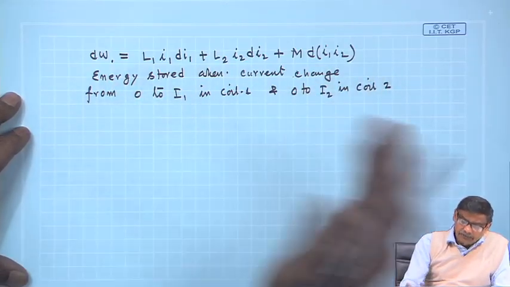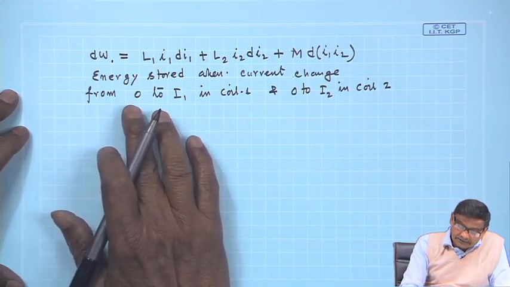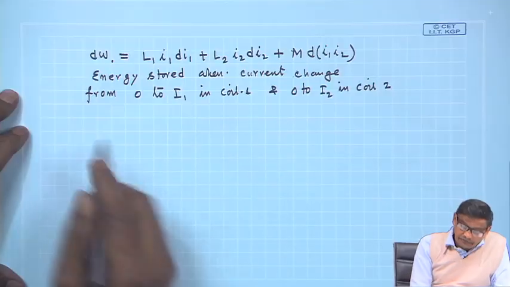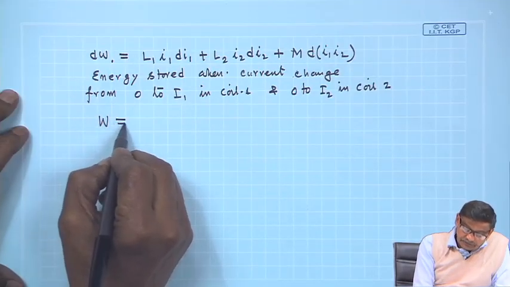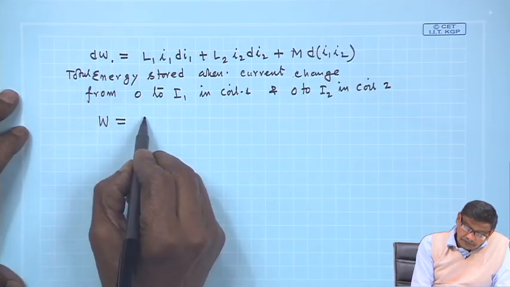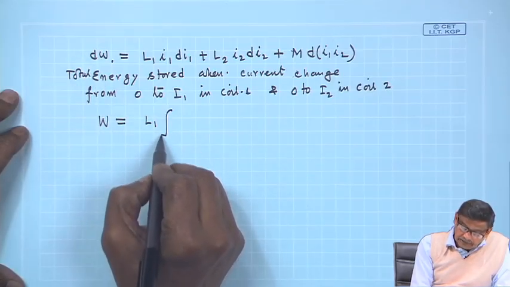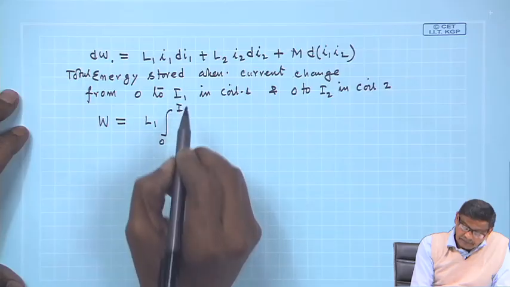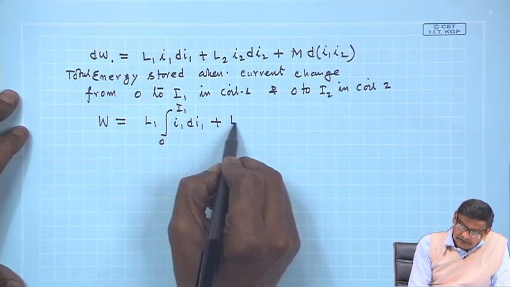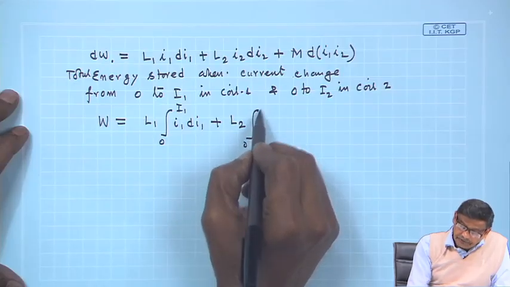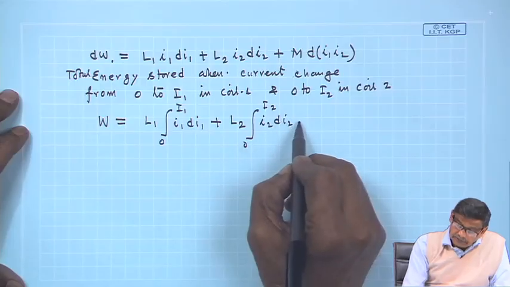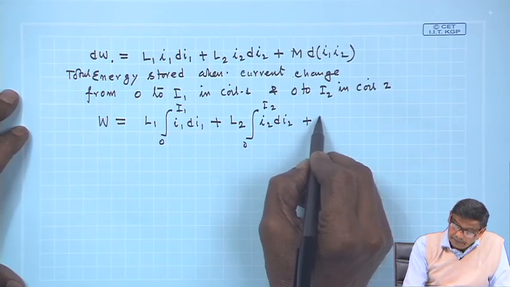In that particular time interval, if current changes 0 to I1 in coil 1, 0 to I2 in coil 2, then total energy stored will be equal to L1, this is 0 to I1, I1 dI1 plus L2, 0 to I2, I2 dI2 and plus M